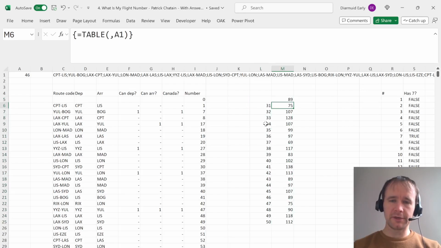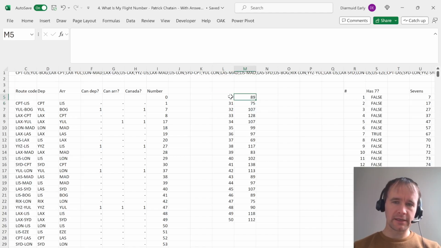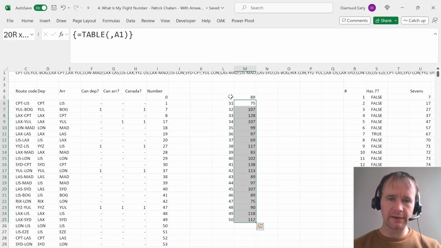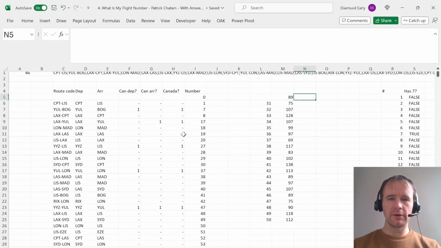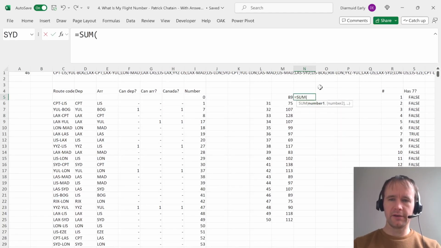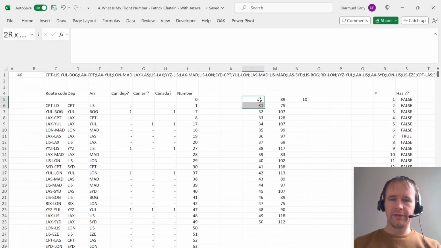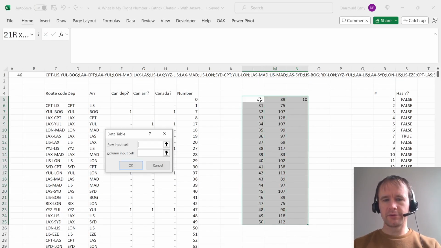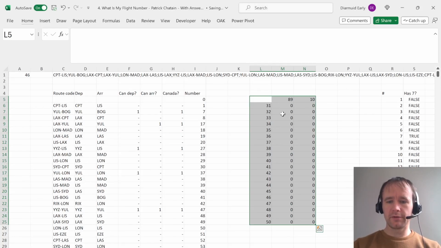While I'm on the subject of data tables, let me just briefly mention that data tables can expand. So this is just getting a single value. But if you wanted other values, like let's say you want to know how many Canadian flights there are, just as an example, then you could say sum of the Canadian flights, and then you can just select a wider range. So again, your input is varying down the column, so you can have as many columns here as you want, and it will,